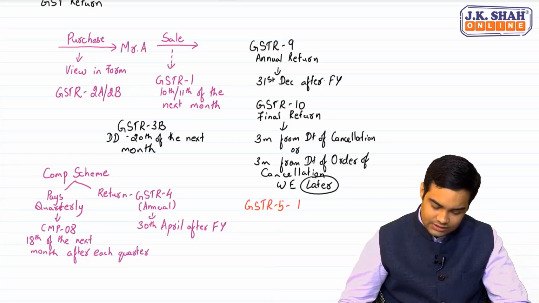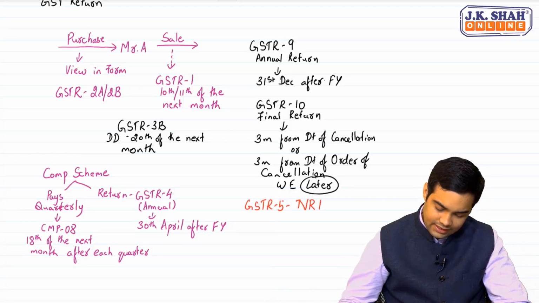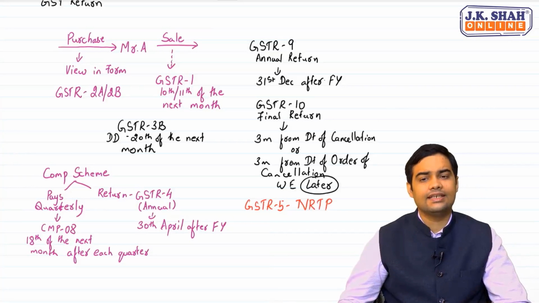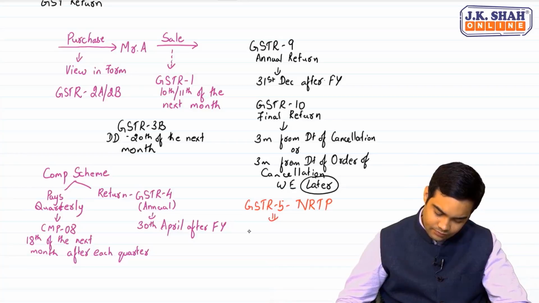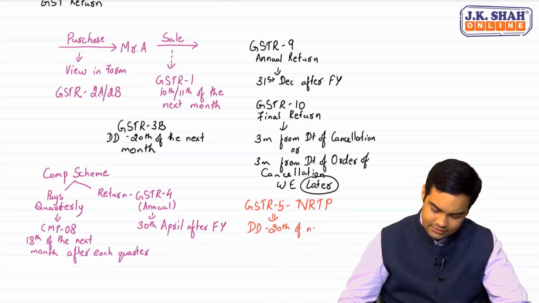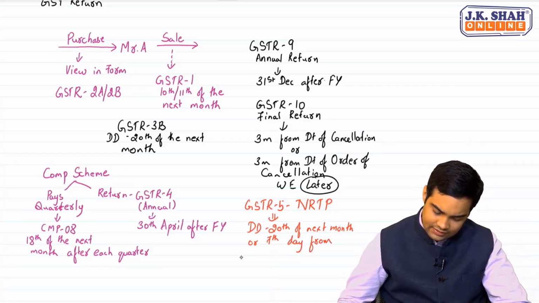GSTR 5, which is filed by a non-resident taxable person. Interesting due date. The due date for GSTR 5 is 20th of next month or 7th day from the last day of validity of registration, whichever is